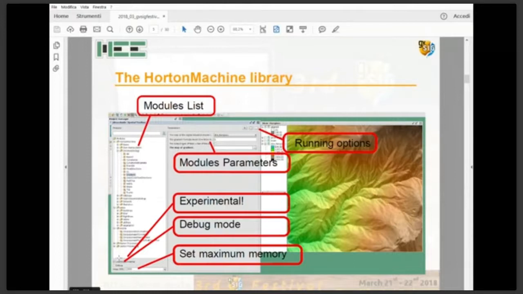For example, if you want to show also the experimental modules here at the bottom, you have to leave this checked, otherwise you have to uncheck these experimental modules, and you will see only very tested and approved modules of the Horton Machine library. Then there is this debug mode. It is useful to see all the messages coming from a tool, and I recommend you to use this debug mode if you have some problem,